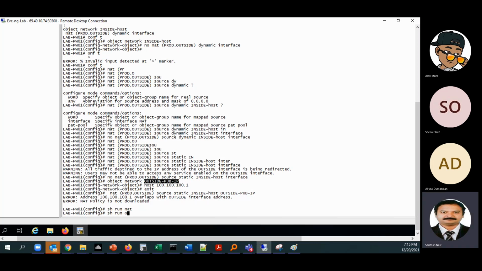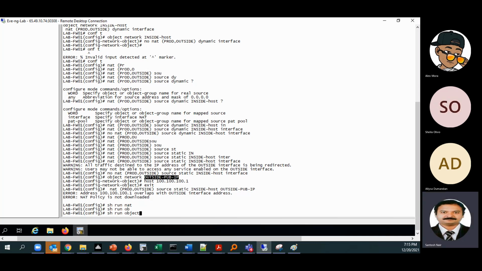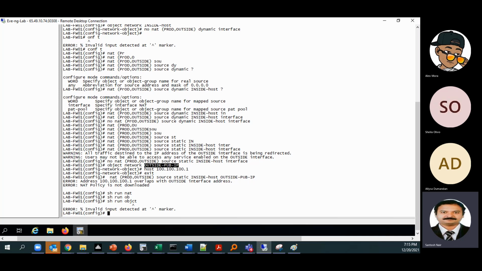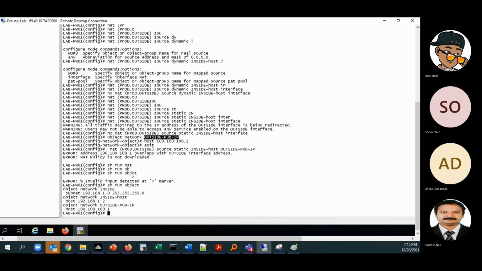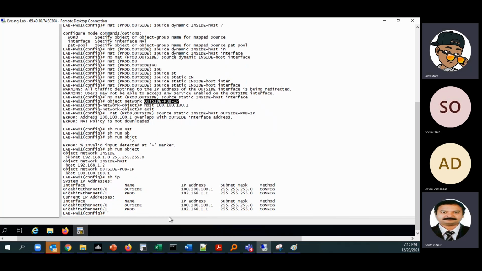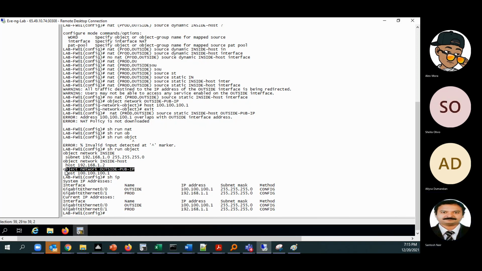We have already used that same IP address. Tell me where we have used this IP address. What is the error actually? Let me see. It is mentioned that this IP address is already used in the interface. We cannot use that IP address. So we have to use another IP address.